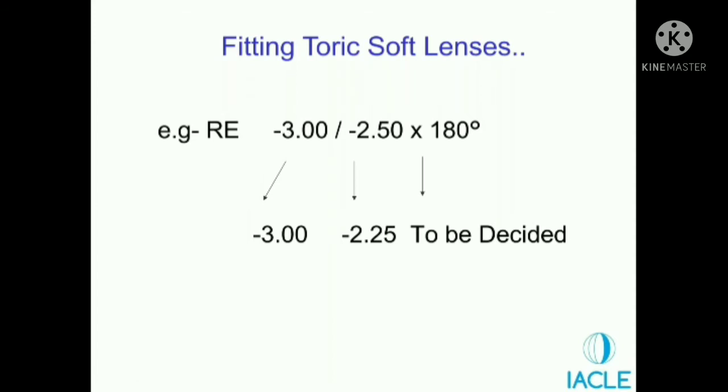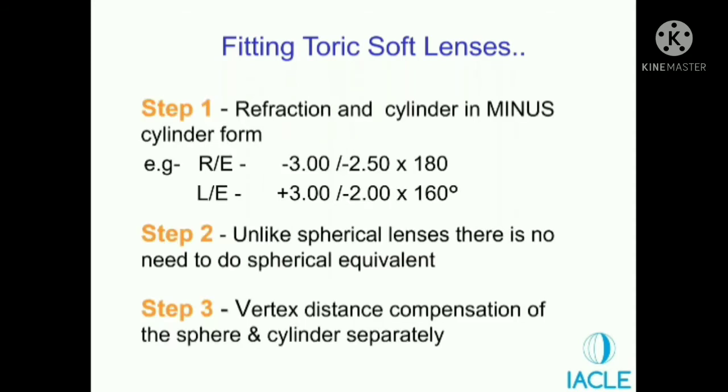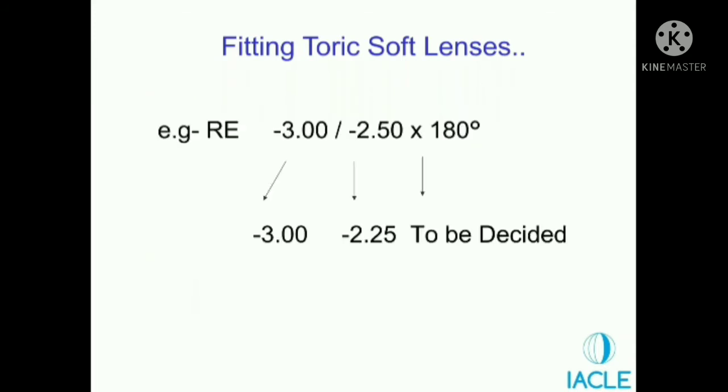All right. Thank you so much for your comments, guys. That is helping me because I understand that you are understanding. So what we have done here is very simple. Instead of doing any spherical equivalent, we have put the powers in optical cross, and we have taken vertex correction separately in two meridians. So we have -3 in one meridian, -5.5 becomes -5.25, and when you put it back in spherocylindrical prescription, that becomes 2.25. So this is your trial lens.